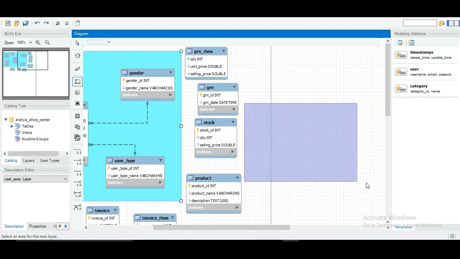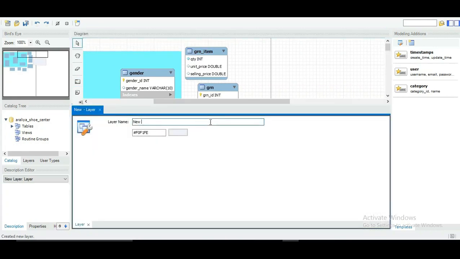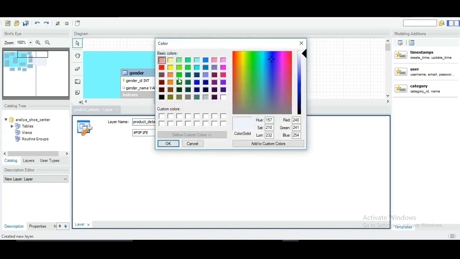and after that I'm going to rename this to product details. And just give it a random color.